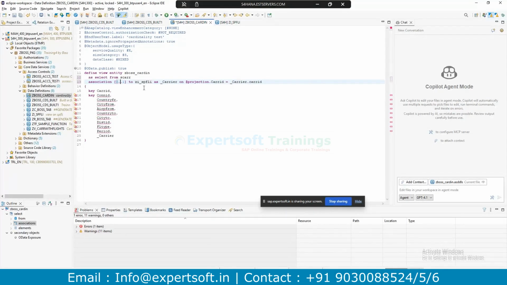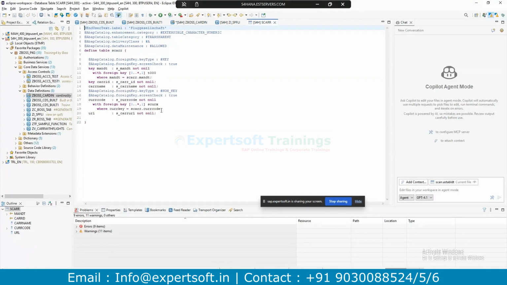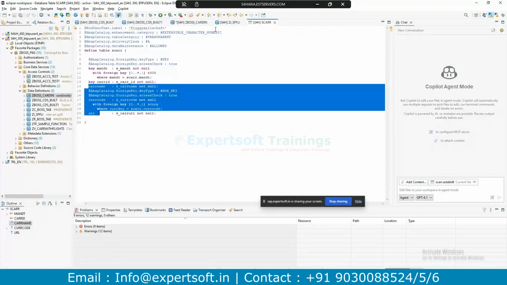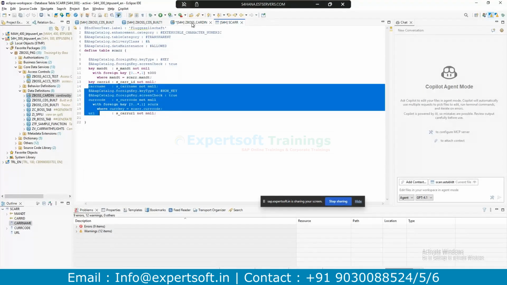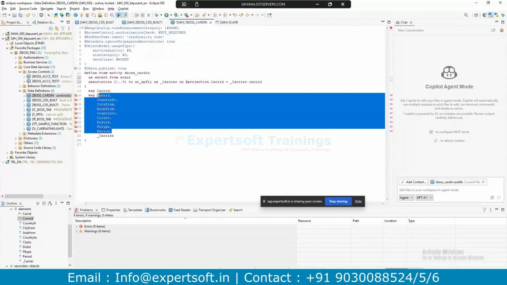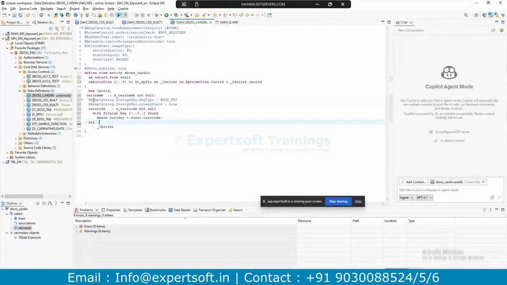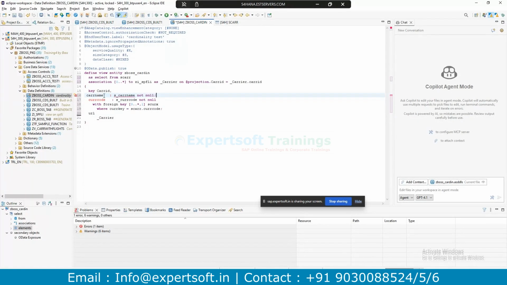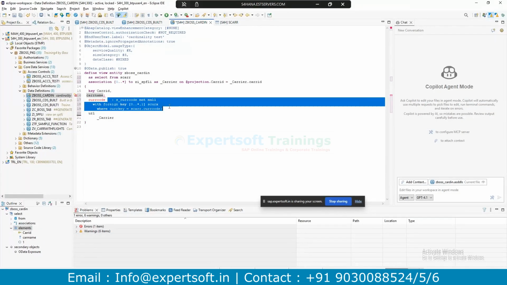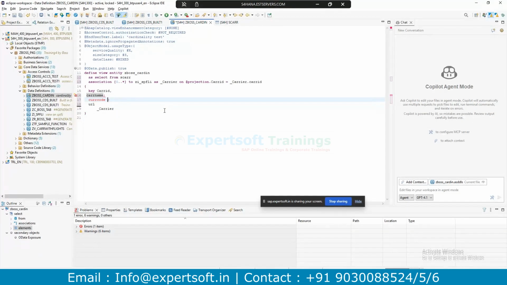0 to star. But SCARR has been replaced. Okay, what are the fields? Carrier ID, carrier name and currency. Since I have replaced it with those things, I have to add the SCARR fields. Okay, I have added the SCARR field.